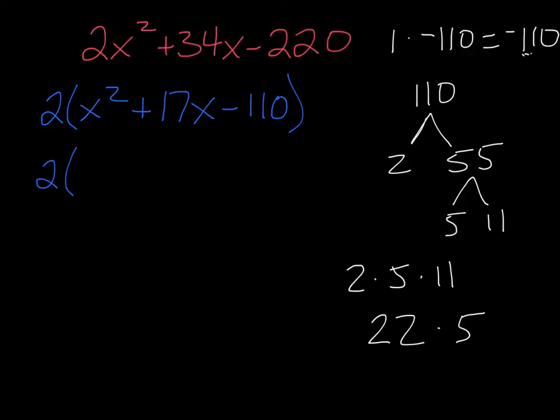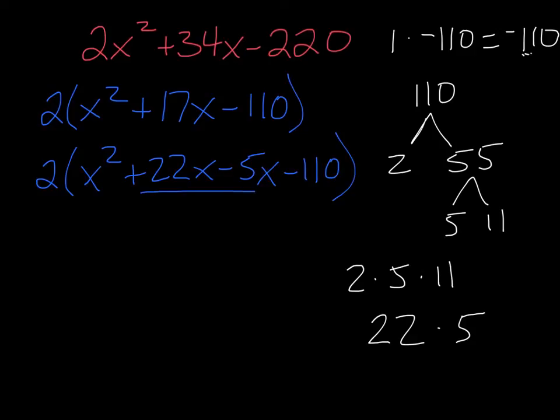Okay, but we're going to rewrite this trinomial with 22 and 5, and again, don't forget about the 2. So it's 2 times x squared plus 22x minus 5x minus 110. Okay. It's a good idea to check this stuff when you're working with bigger numbers like this, right? 22 minus 5 does give us positive 17, so nothing's changed. We're just rewriting it. We're going to group the first two and the second two,